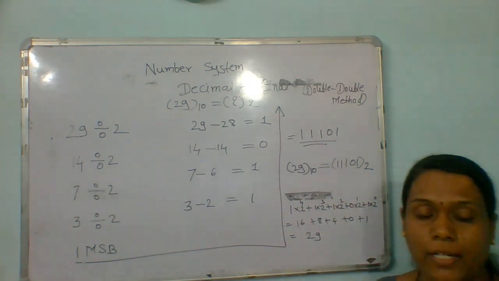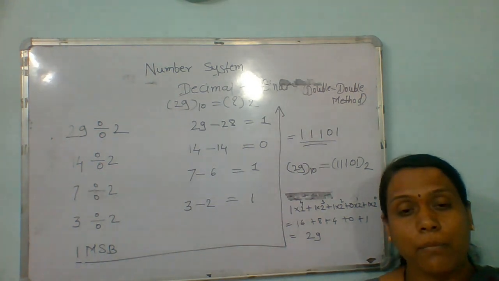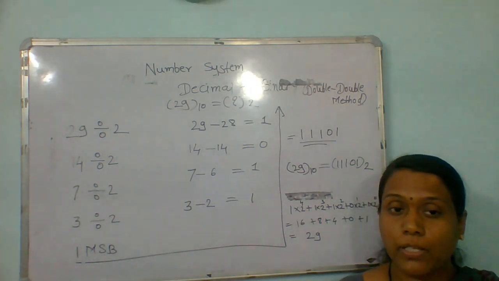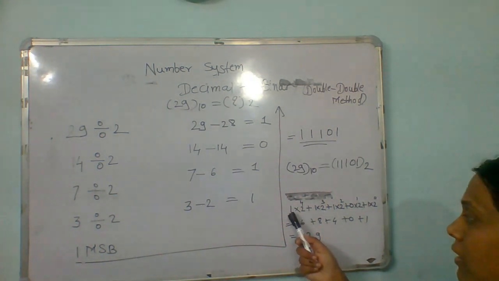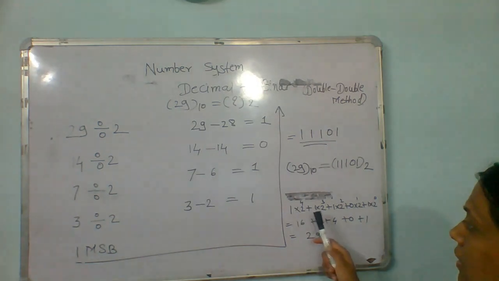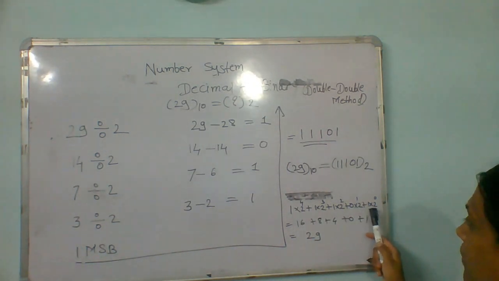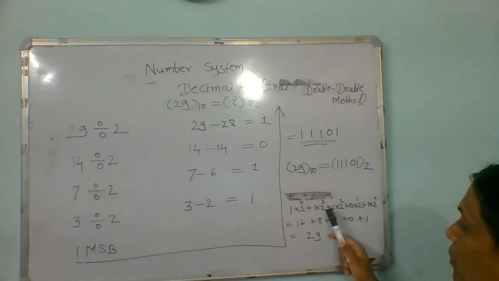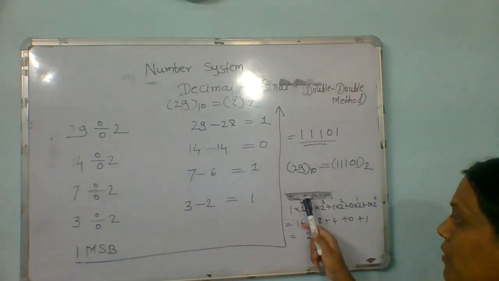Now we can verify whether our answer is correct or not. So what to do? Convert the binary number into decimal following the same procedure. Multiply by 2, giving the power from right to left, starting with 0. So I have performed it here. Separate the digits 1, 1, 1, 0, 1, multiply by 2, and give the power: 2 raised to 0, plus 2 raised to 1, 2 raised to 2, 2 raised to 3, 2 raised to 4.